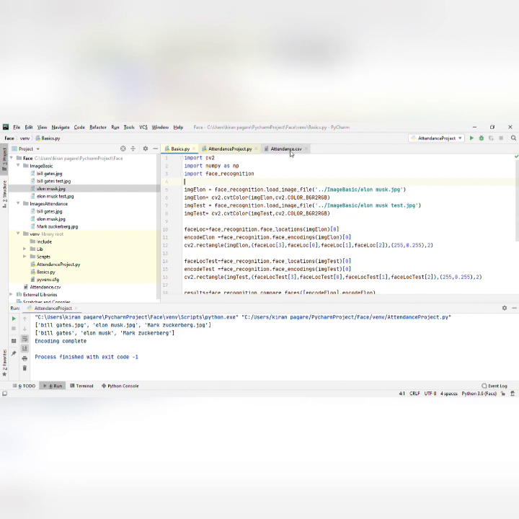over here, which is a CSV file. It's available in Excel, so you can see your attendance marking as well as the attendance of the person and the time at which the attendance is marked. Once the attendance is marked, the attendance for the same person will not be marked twice.